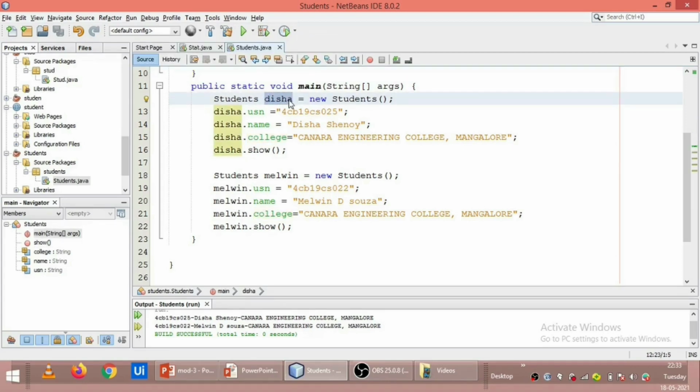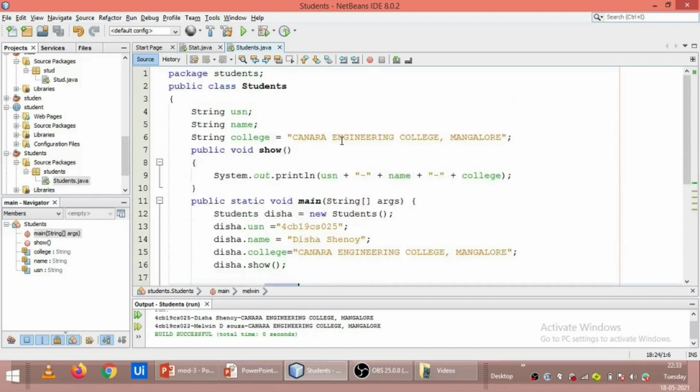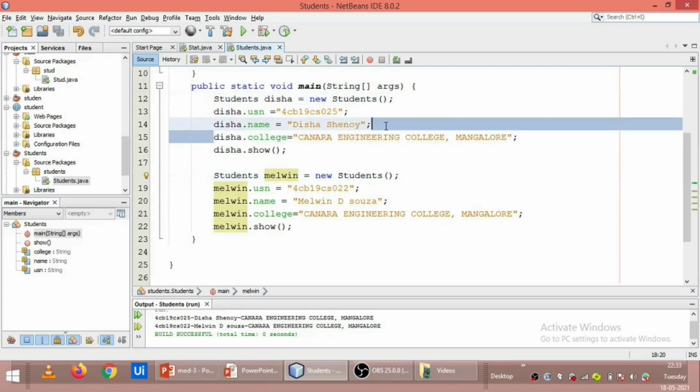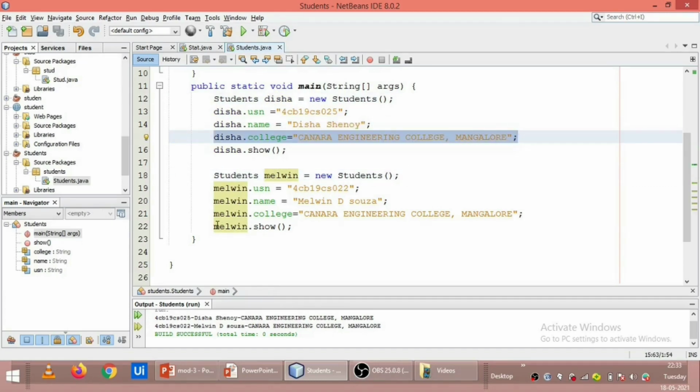In the real world, Disha is a student. And I've got one more object, Melvin. Even Melvin is a student belonging to the same Canara Engineering College. Now the question arises: both Disha and Melvin belong to Canara Engineering College, but why do I require separate memory to be allocated